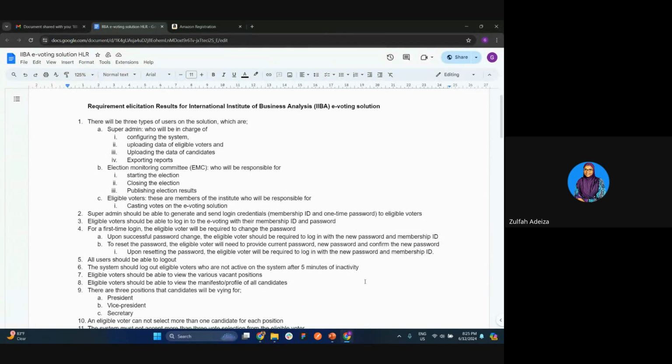A, upon successful password change, the eligible voter should be required to log in with the new password and membership ID. B, to reset the password, the eligible voter will need to provide the current password,